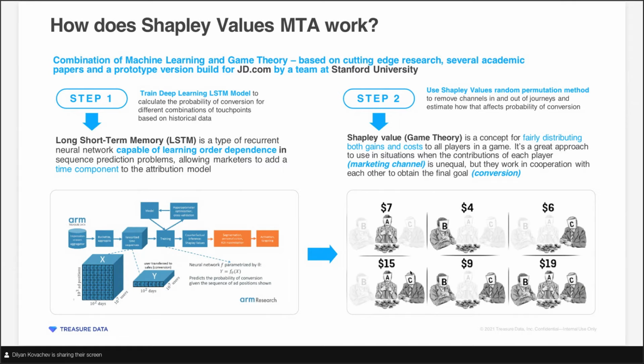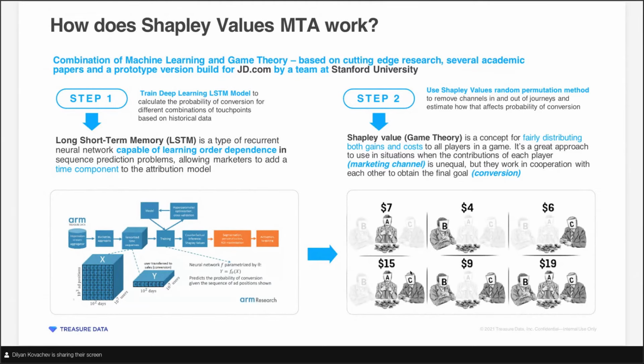So in the marketing context, the players are actually the touch points: marketing channels, physical interaction with maybe salespeople and things like that. And the final goal is the conversion event, or whatever the goal of the campaign is. And it's the same approach.